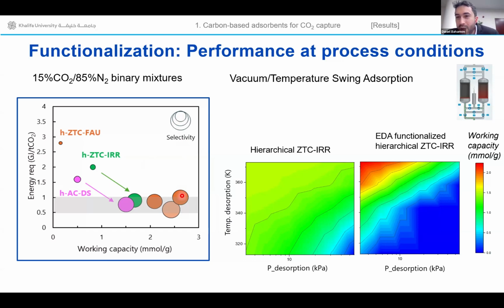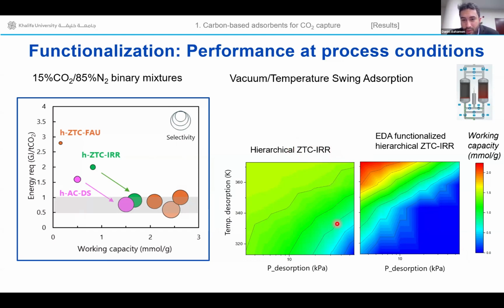So another thing that you can do is, by using these parameters, you can use contour plots or these maps to check what are the most optimum conditions for each one of the specific materials we have evaluated. In this case, I'm showing an example of this material which has shown very promising results for CO2 capture.